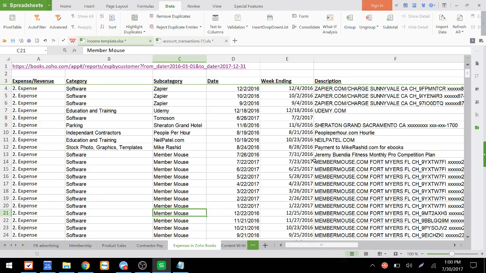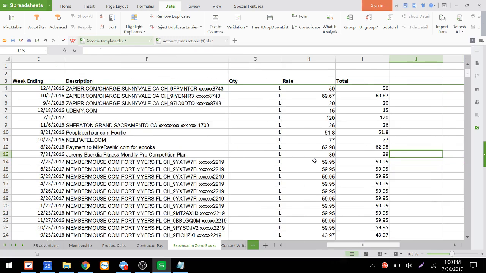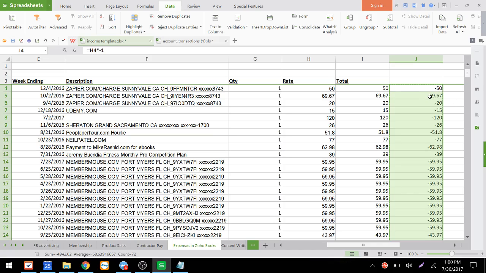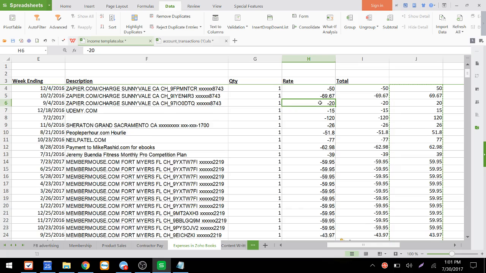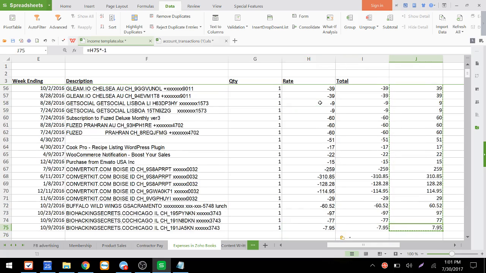Expenses in Zoho. Do the same thing. Equals this times -1. And we're going to expand that down. Copy it. And paste it. And yes, it's not pasting. Okay. Cool. We did that.